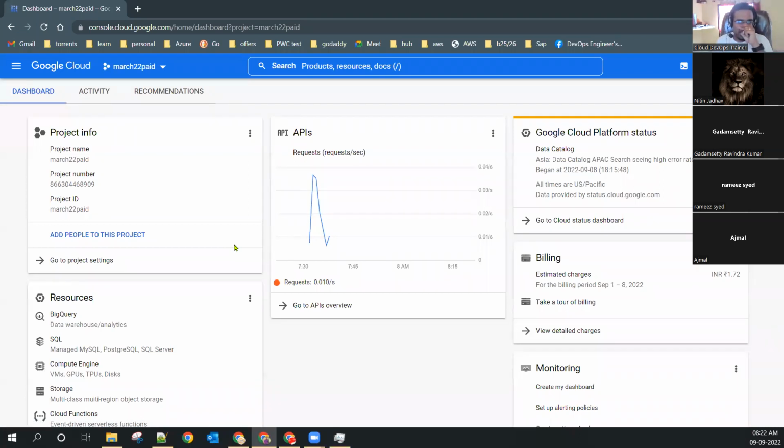Rajal, what is home page? Jagdish, what is home page? Landing page when we open website. Front page, very first page. Okay. As soon as we open it, we land on this page. This will give the project name, project number, project ID.